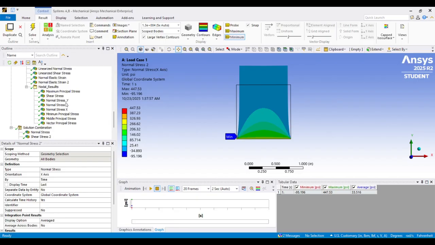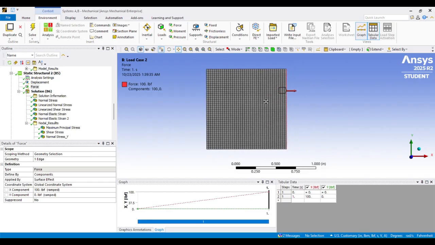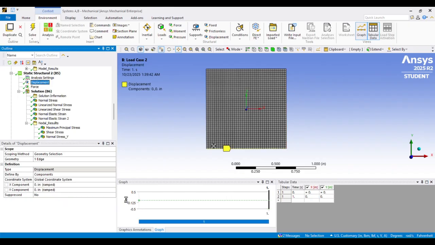Now, the other aspect that I thought was curious is when I loaded the second load case. I loaded it along the right face here in the X direction, and it's fixed at the bottom. So we'll get a bending stress, a moment reaction in the bottom, and there'll be a shear stress. But what I found was curious is at the center of the part, this would be the neutral axis of the part if it was in bending,